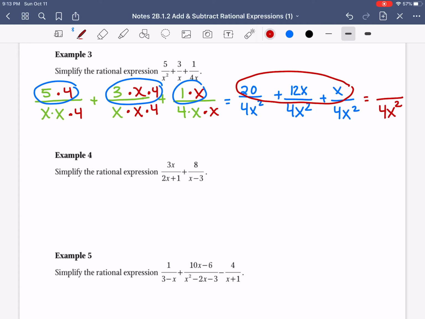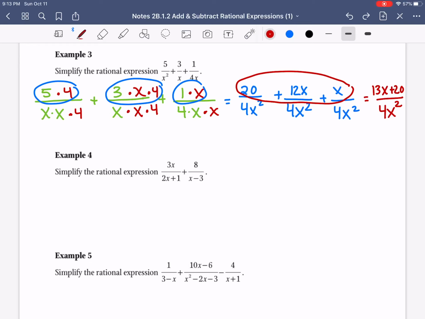When you combine like terms, I can add the x's together. So I get 13x plus 20. And then I see if I can cancel anything. Like, can I cancel the 4 and the 20, make that a 5? No, because it's holding hands, right? I can't cancel the x's because it's holding hands. I would try to do a GCF if anything could be factored out, but nothing can,